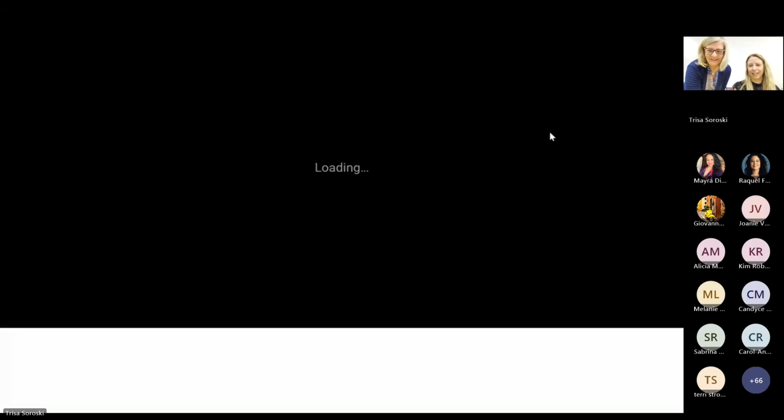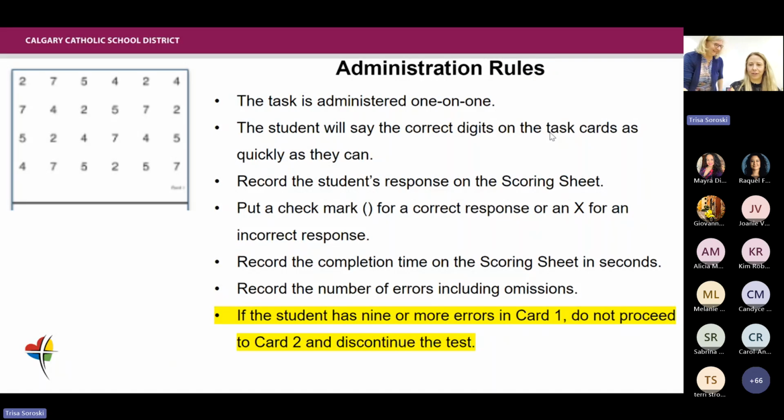Oops, I got out of here. Hold on. Teresa, come back. I did something. It's not my computer. Sorry, guys. There we go. Can we still see it? No, I think we stopped sharing something. Sorry, my fault, you guys. Okay, that was kind of in my way.